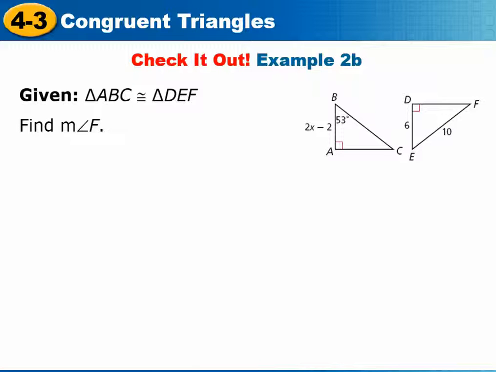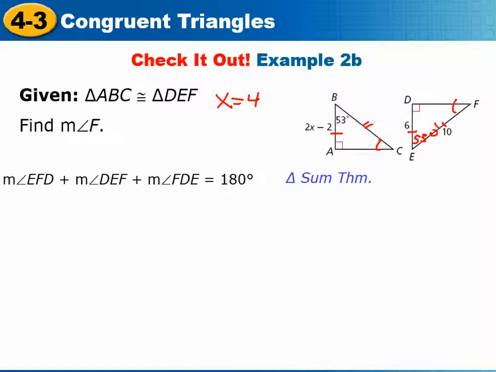Now that you know that x is 4, let's see, this was the same as this, and B was the same as E. This was 53, so C is the same as F. So if I want to find the measure of angle F, it might be easier to find the measure of angle,